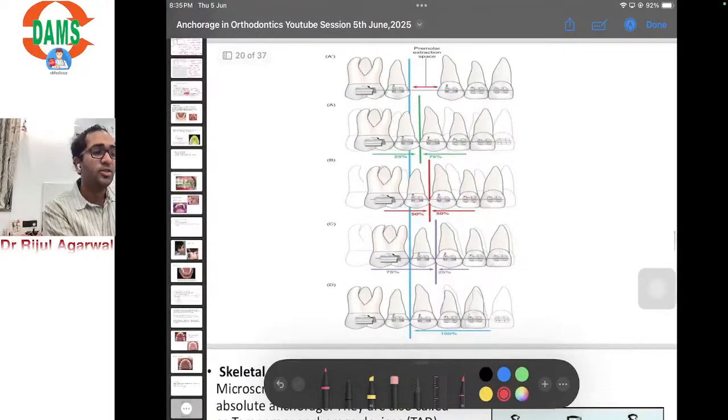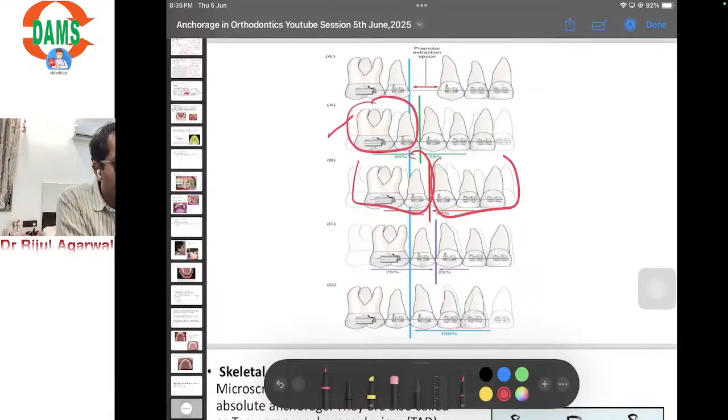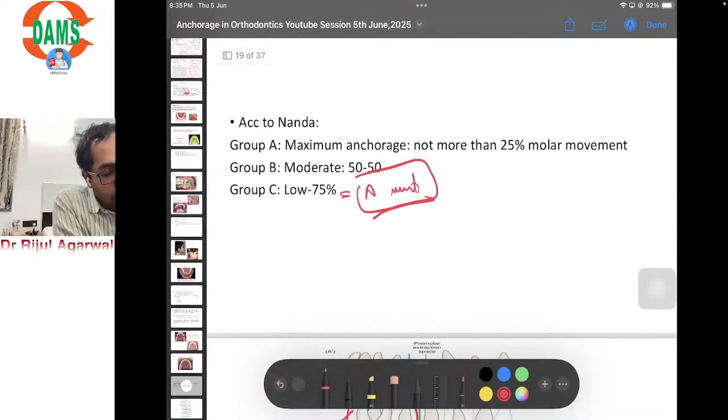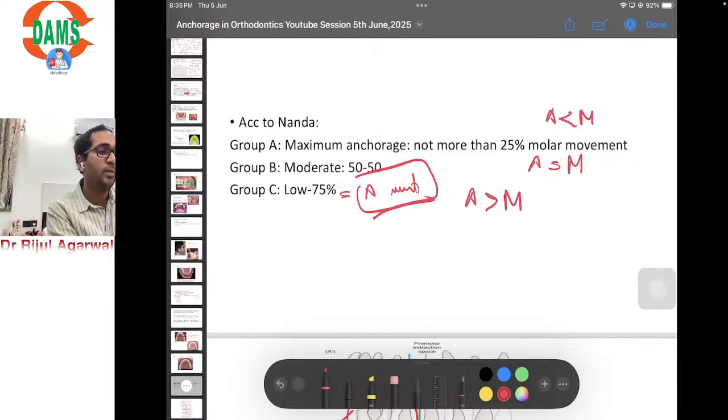So this is how it is depicted in the form of a diagram as well, which can come in your image based question. Group A anchorage, 25% movement of this. Group B, equal movement of anterior and posterior, anchor and M unit. And group C, more movement of the anchor unit as compared to the M unit. So here A is less than M, A is equal to M, and here A is moving more than the M unit. So we say anchor and movement unit instead of anterior and posterior, because this can change